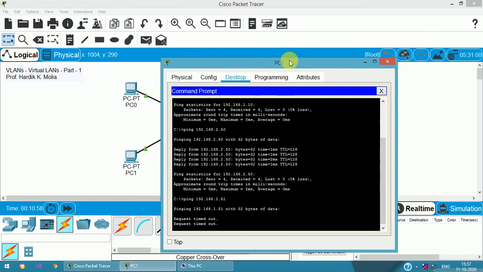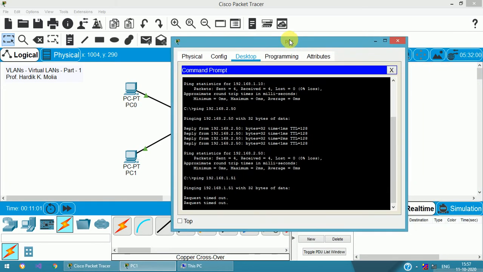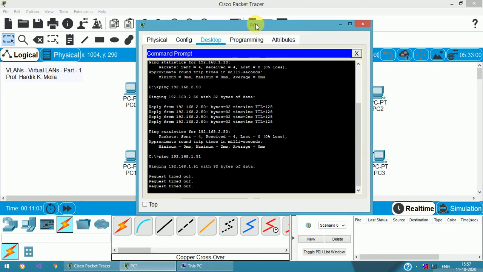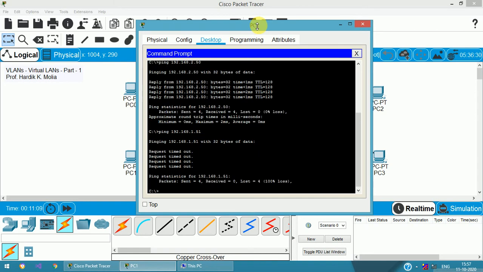Here you can see that the connections are there. There is no issue with the connections, but because of the different IP address ranges, which is also because of the belongingness to different virtual LANs, the communication is not possible, right?